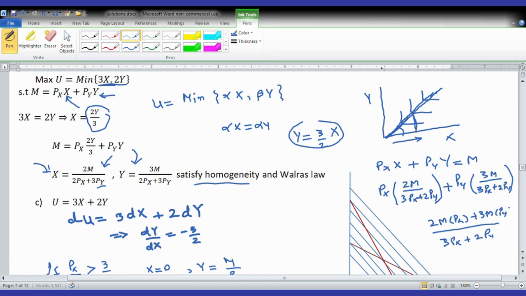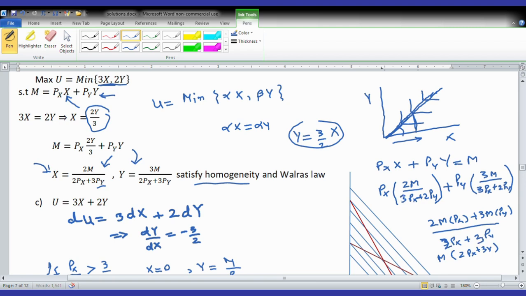You can take m common, and when you take m common, you will be left with 2px plus 3py, and in the denominator, you have 2px plus 3py here, 2px plus 3py here,